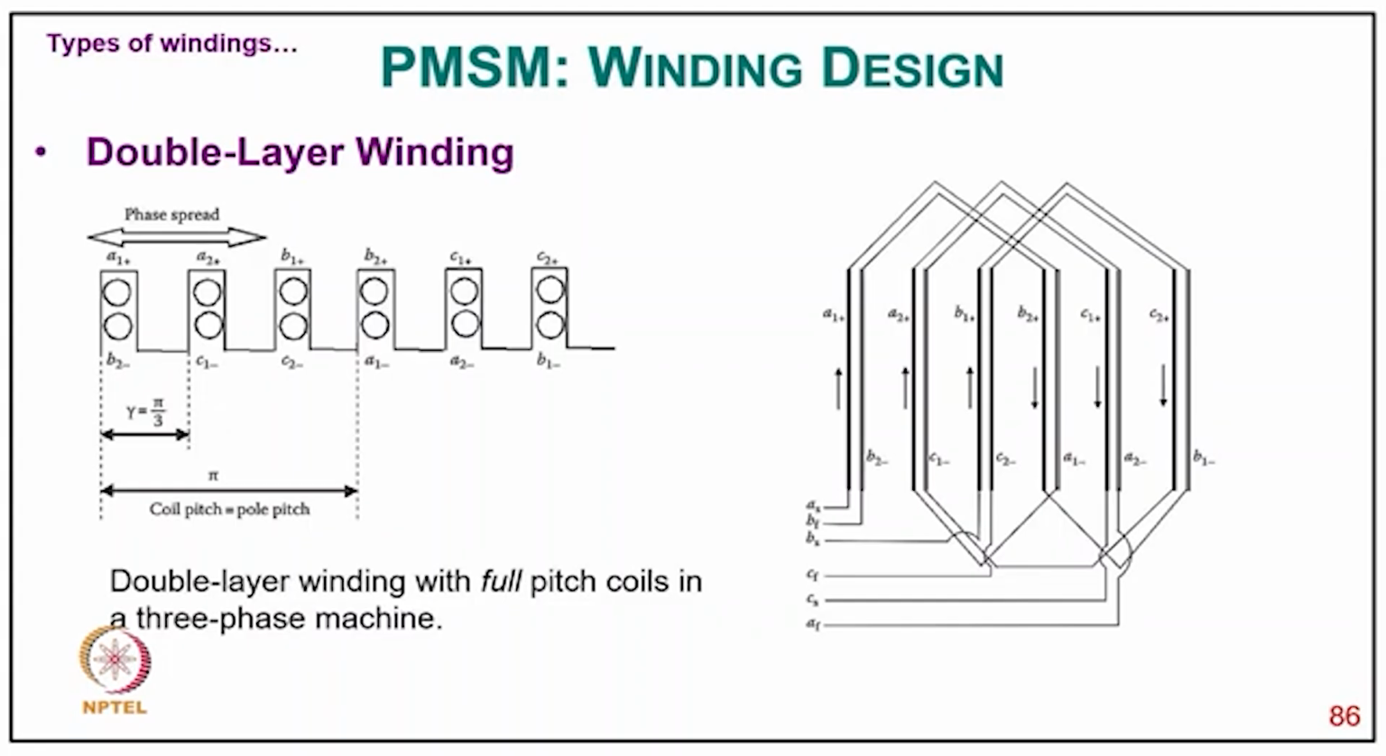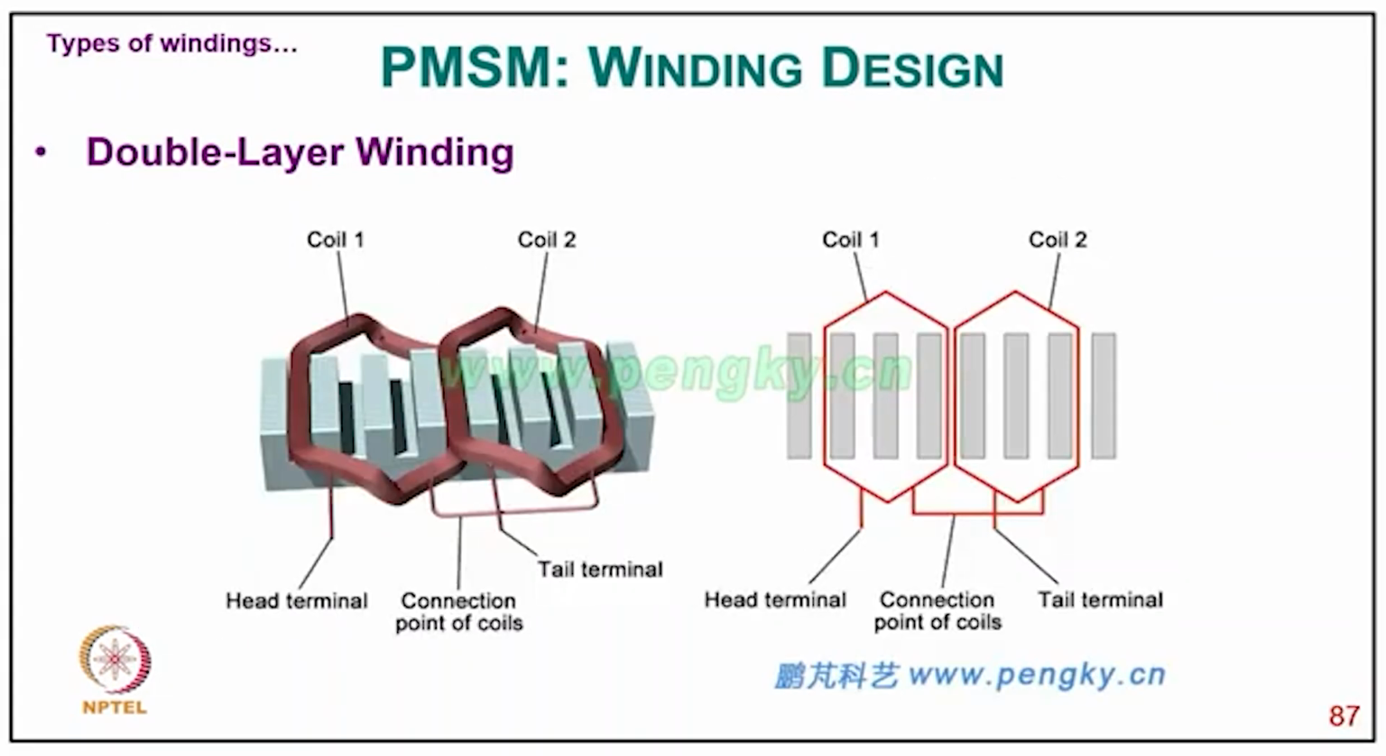So double layer winding can have a return conductor, typically in the same pole pitch. So you can have typically a 120-degree phase spread in one pole pitch as shown in the figure, and you can see how the coil is placed with the top layer and bottom layer, having a 120-degree phase spread, with 3 coils in one pole pitch having 3 phases, which